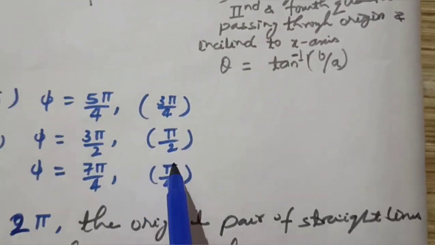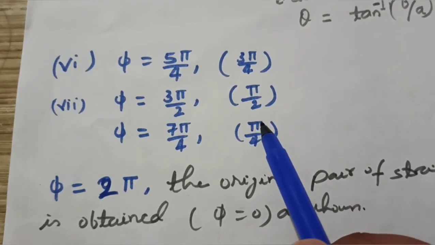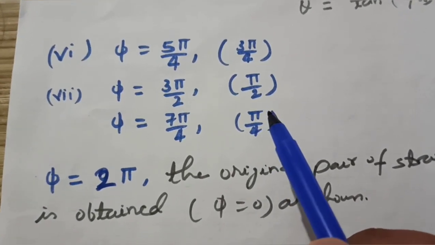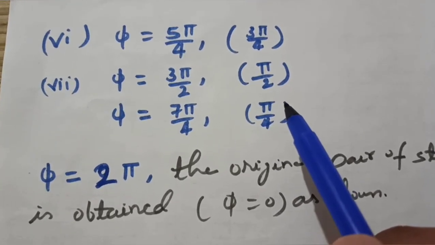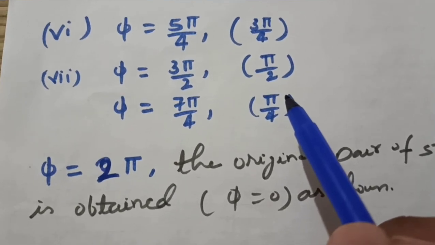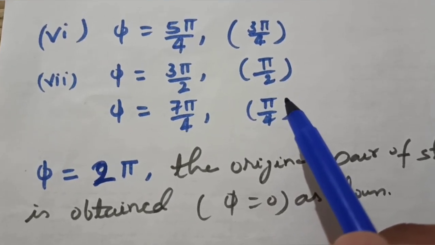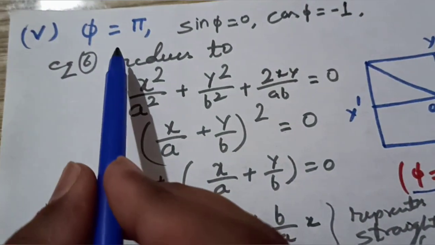Now if you discuss other cases, because we have discussed phi when they were in the same phase, when they have the phase pi by 4, again we have discussed the phase when they have pi by 2 or 90 degrees, and another when the phase of them is 3 pi by 4. On the next, as the previous, we have discussed the case for phi is pi.